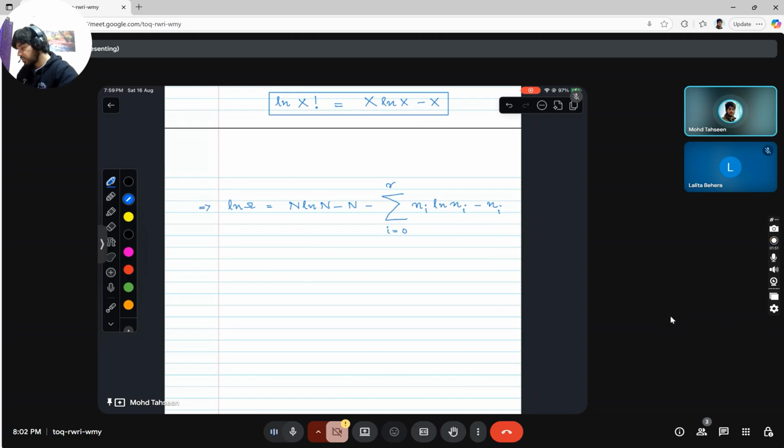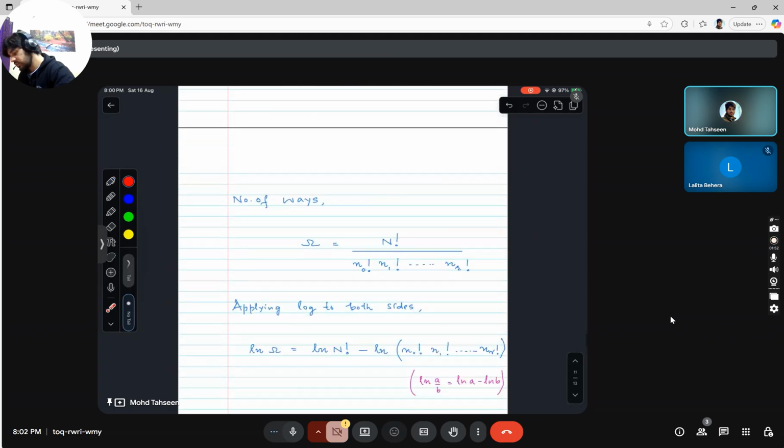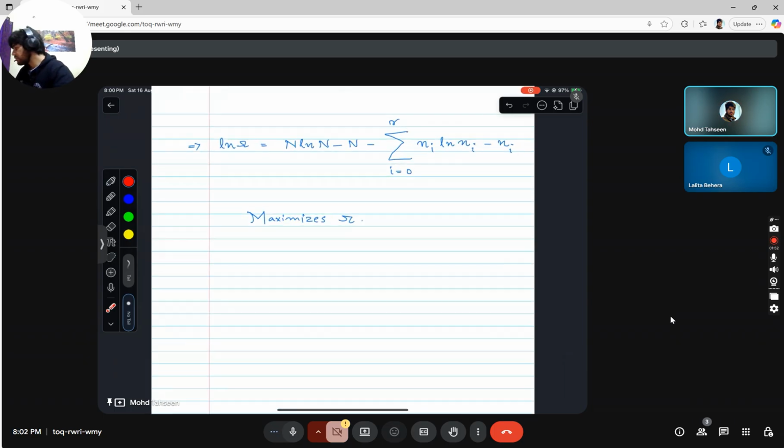Now the most probable state would be which one? It will be the one which maximizes omega, because omega is the number of microstates. So we have to maximize omega. That will be our most probable state. So how do we maximize omega? When omega is maximized, at that time